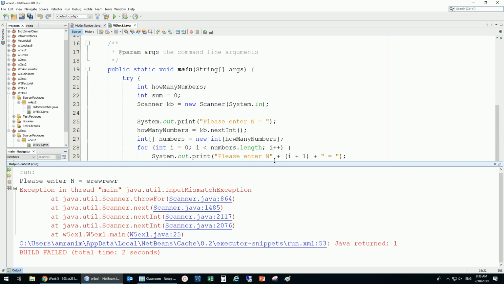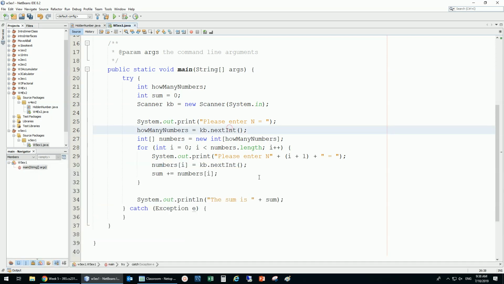Or the array index out of bound exception is an exception. It's inheriting from exception. All these exceptions are inherited from exception. And the negative array size exception is also inheriting from exception. Any of those exceptions are inheriting from this exception. So if I put something like this, I can say, okay, something wrong happened,